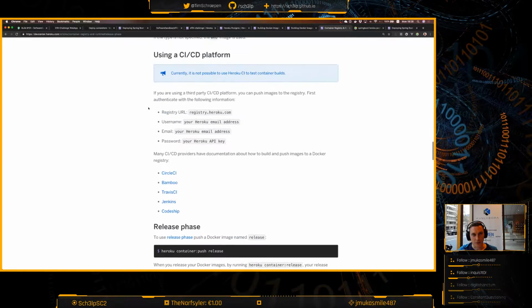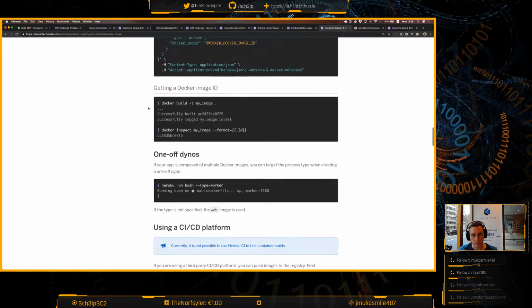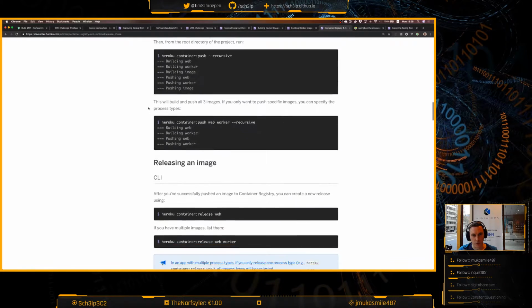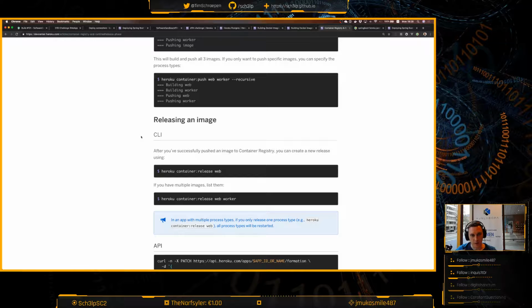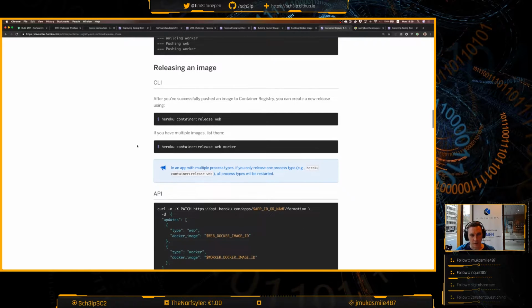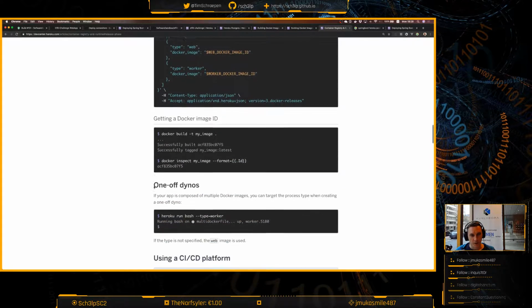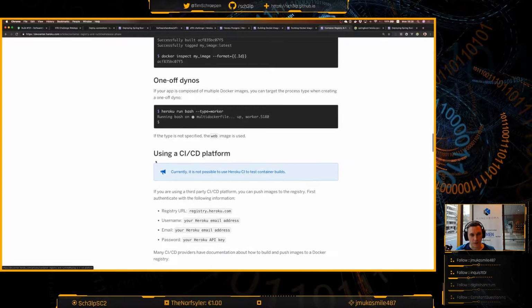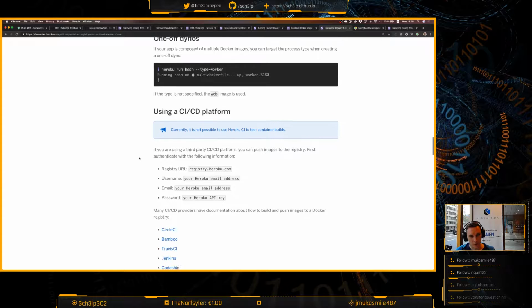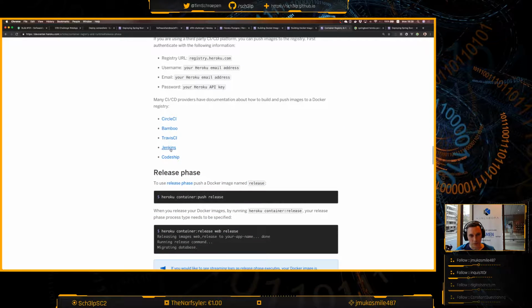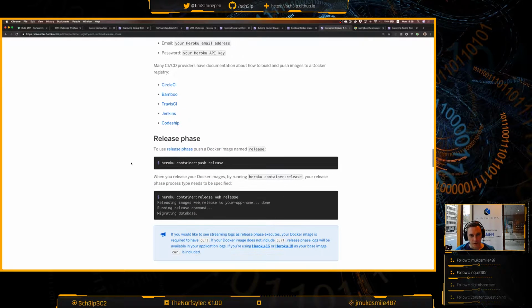Oh, here's the release phase bit. So there's actually two things to release. Releasing an image, it'll say, using the CLI or the API. And then there's a thing they mentioned about using a CI/CD platform, which we've done because we're using Travis CI. And then they mentioned the release phase again by pushing a Docker image named release. So